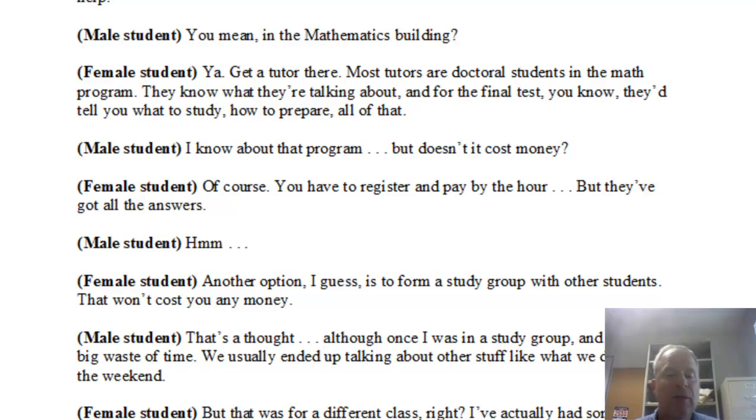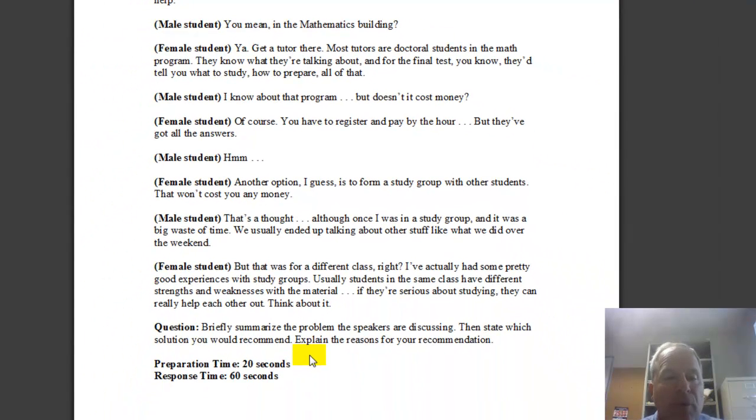So first of all, this is a two-part question. The first part of the question is to summarize the problem. What is the speaker's problem? And then what is the woman's solution? How does she help the man? Then it says, state which solution you would recommend. So it looks like